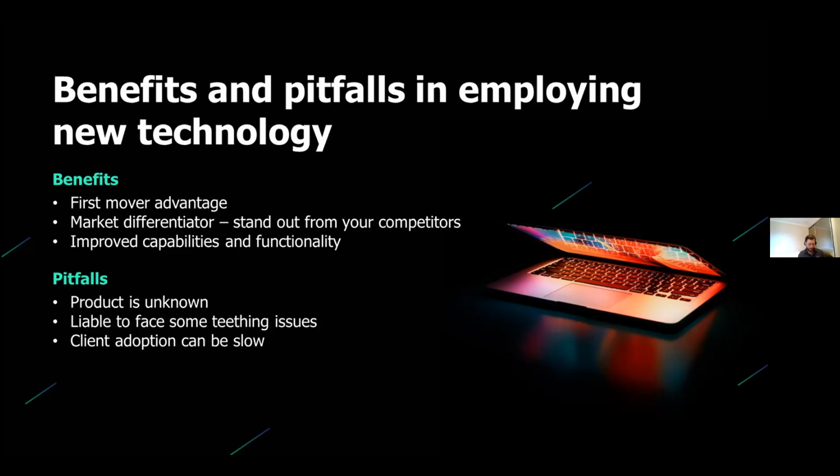The first of those, of course, is the product is unknown. So while you have first mover advantage, there's also the flip side of that, whereby you have a product that's unknown. You have to get it out there, you have to promote it. So that can result in having an increased marketing spend, for instance, whereby you're trying to promote something that no one else has. So you need to get it out there, you need to get it in front of people. So having an unknown product can result in increasing your marketing spend, and it can result in having time to